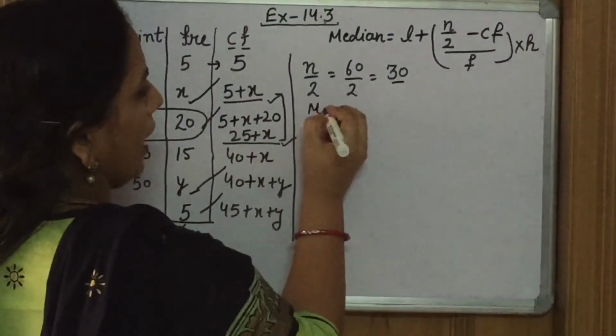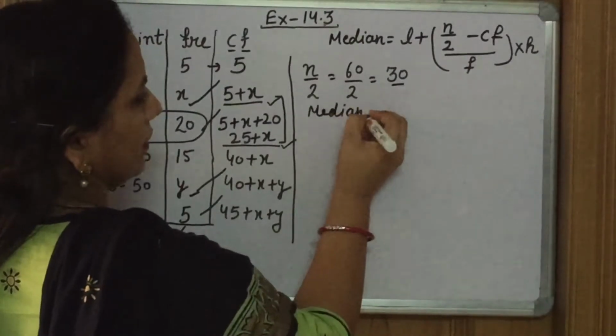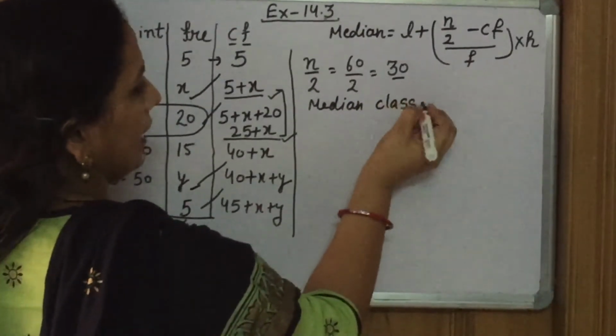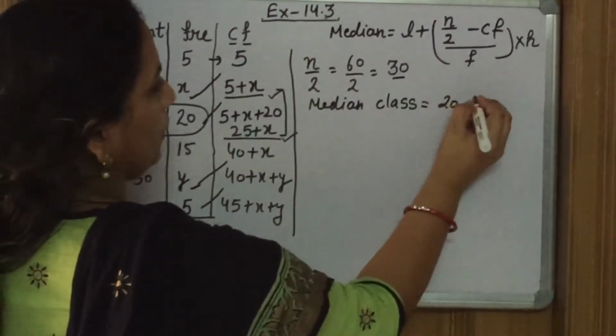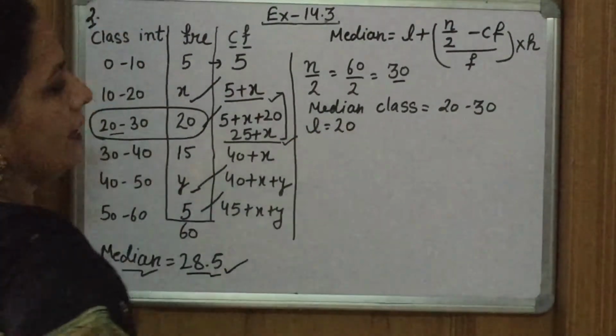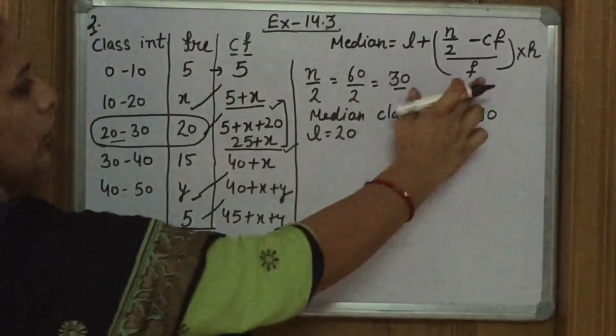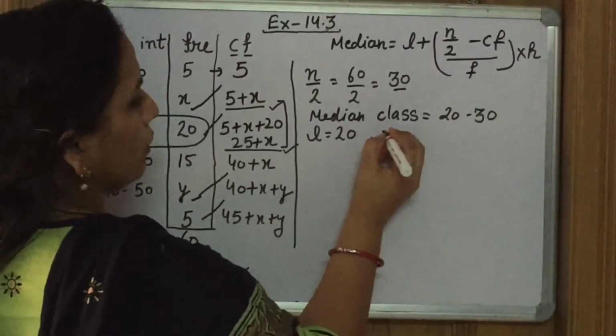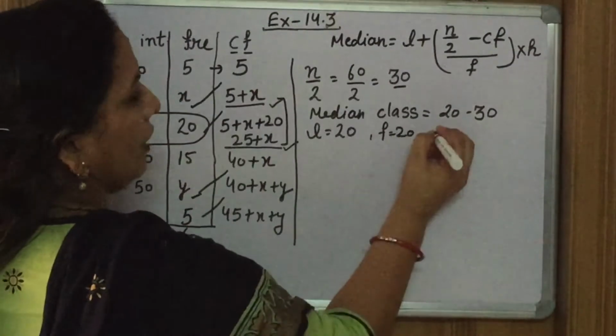So this will be our median class. Median class is 20 to 30. So we can say the value of L is 20 and the value of F is also 20, and the value of CF